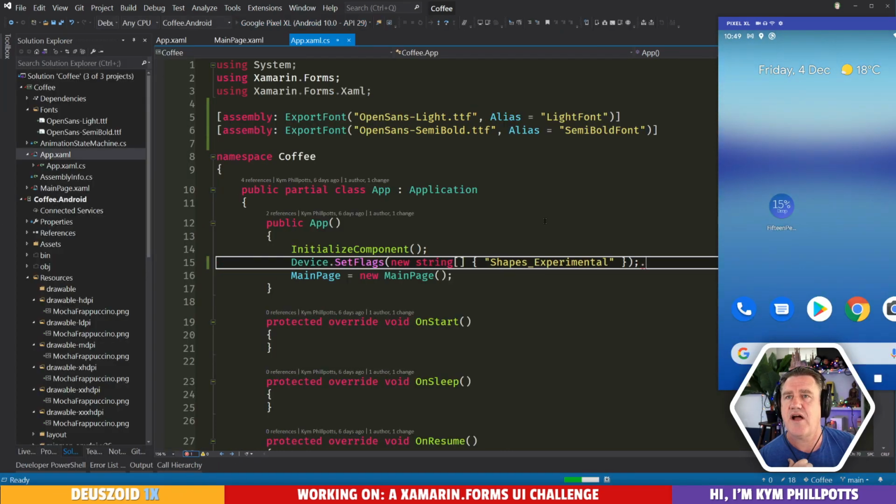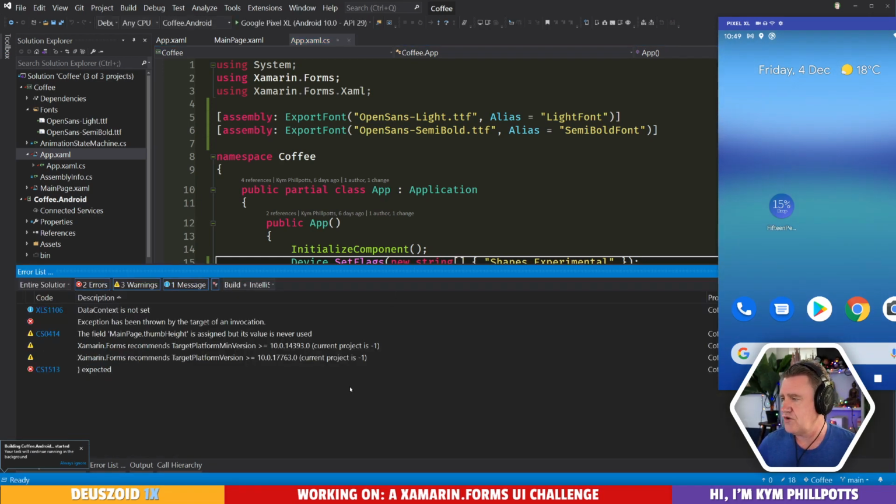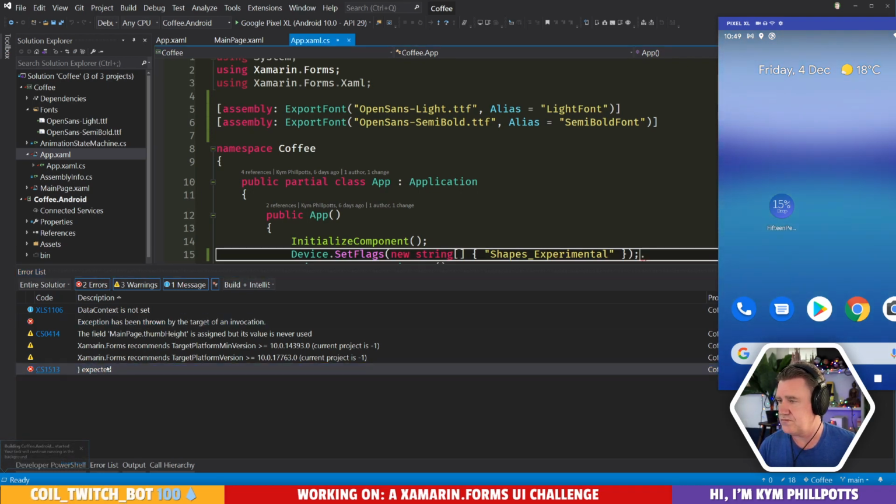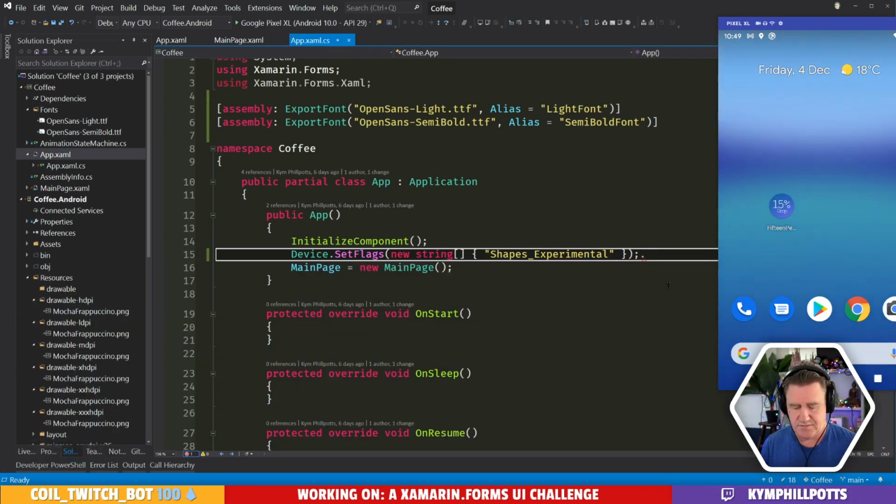Let's restart that. I think that'll solve our problem. Sometimes things don't work. Expected something here. Okay, expected not to have a dot there. That would be a good start.